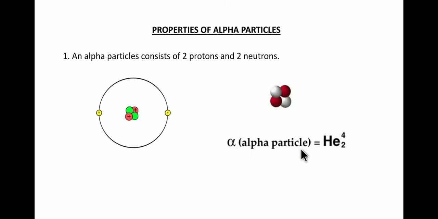An alpha particle is represented by helium with the mass number 4 and the atomic number 2. When the electrons are moved away from the atom of helium, it is called the doubly ionized helium atom. It is doubly ionized because two of the electrons are moved away. So when a doubly ionized helium atom is taken, we consider it as the alpha particle. And this is how we write the alpha. This is the Greek letter alpha, which represents the alpha particle.